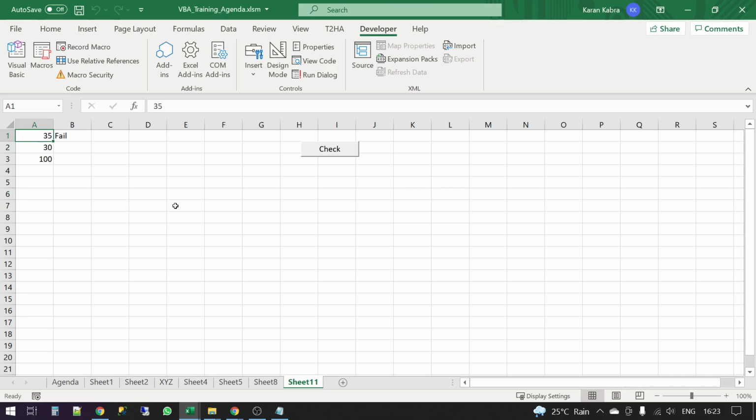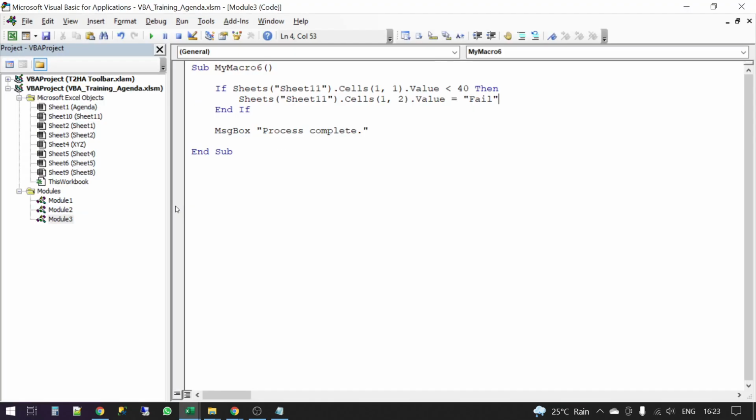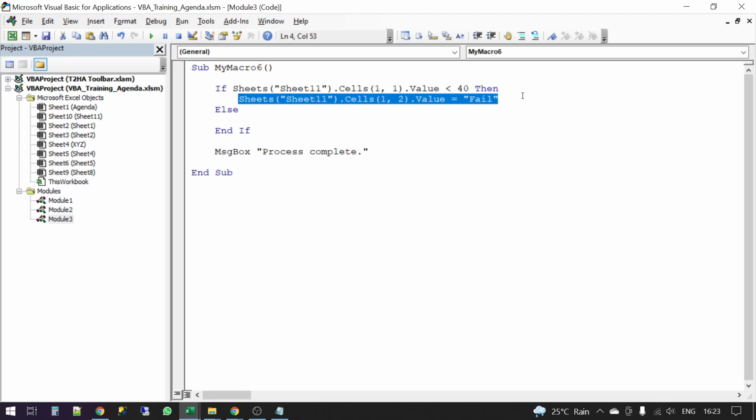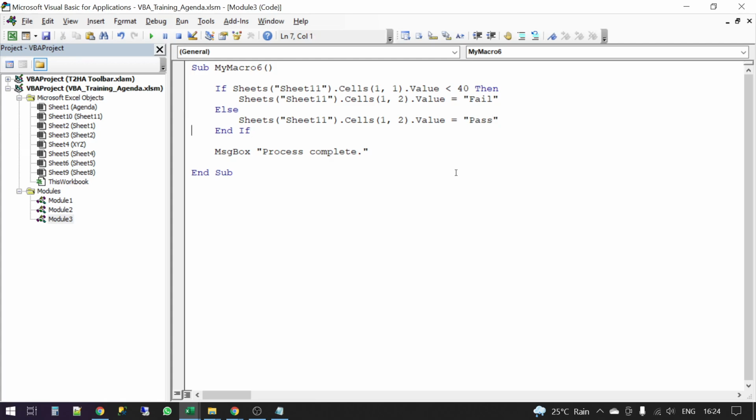Right? Okay. So obviously you are thinking, what if it doesn't satisfy the condition? If it satisfies the condition, good enough. What if it doesn't? So there is this thing that you can write, else. It's exactly the same as the formula. This is the condition. This is if the condition is satisfied. This is if the condition is not satisfied, right? So obviously what I do is I just copy it and I write pass, right?